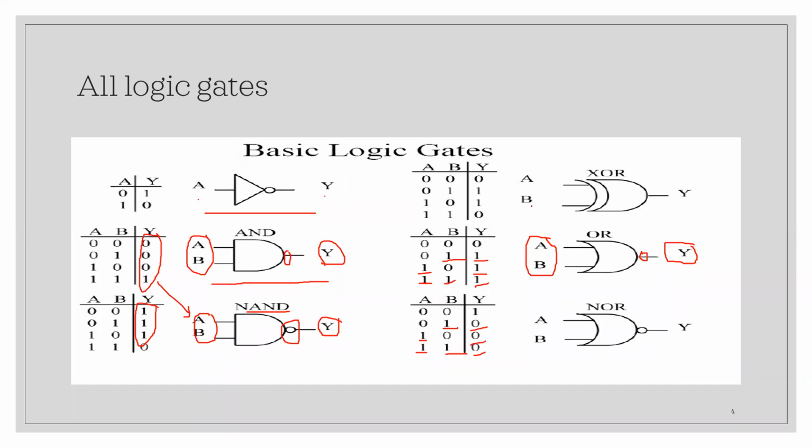So this is XOR, as I specified here. You can just observe, the output is 0 when both the inputs, or when all the inputs to the XOR gate are the same. That is, either both are 0 or both are 1. So that is what is happening in this case.